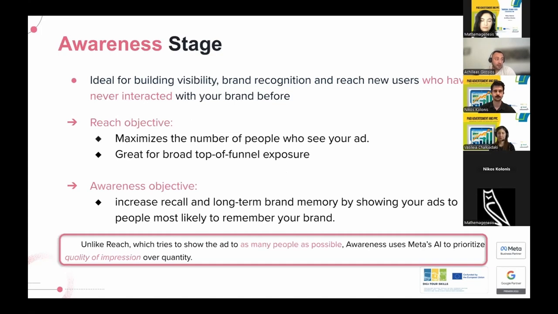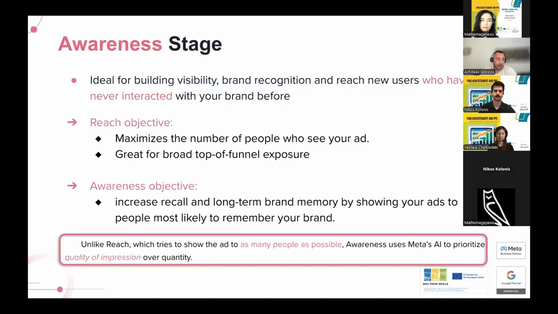So let's begin with the awareness stage. Our goal here is not to drive direct bookings, but to build recognition and visibility to people that have never interacted with us before. And this is the main key point at this stage. We want to target people that don't know anything about our brand.